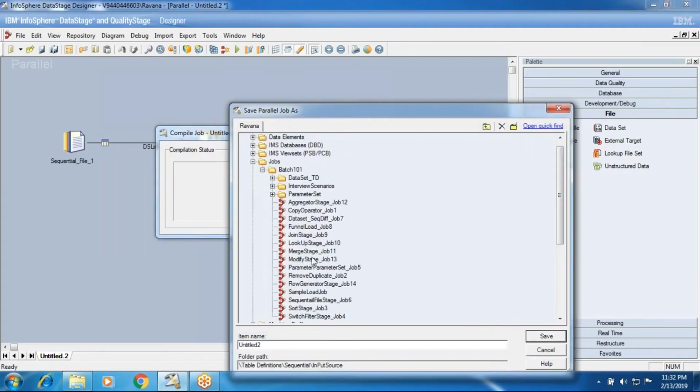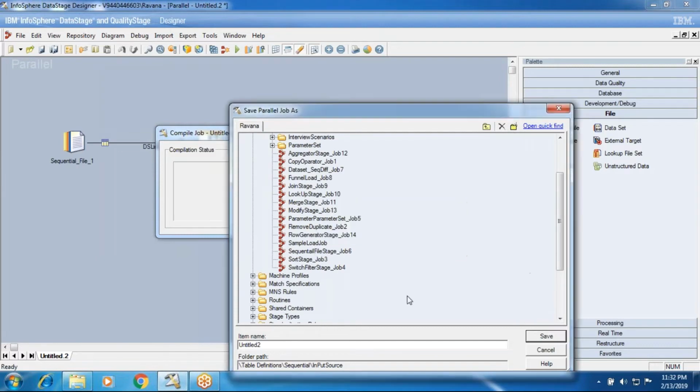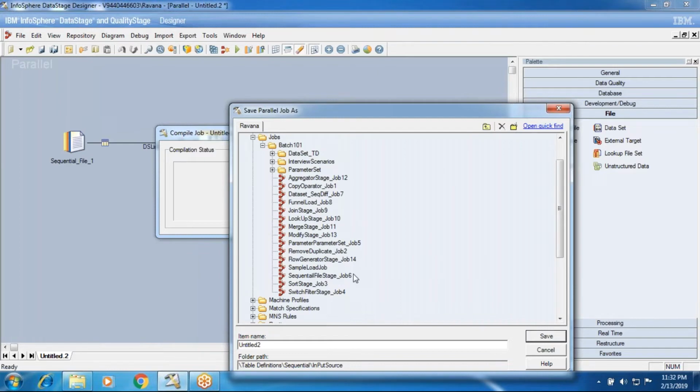Is that asking to save the job? I hope the last topics, partitioning techniques I have discussed, and before that complex flat, and before that even 11, 12, 13, 14. So I hope the 15th job name I need to provide.